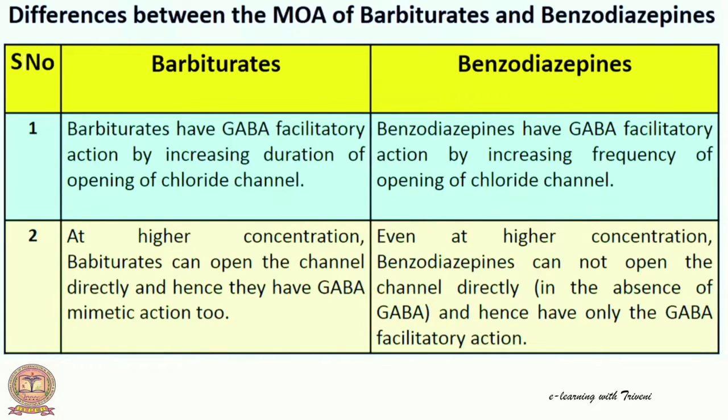At higher concentration, barbiturates can open the channel directly, and hence they have GABA mimetic action also. In the case of benzodiazepines, even at higher concentration, they cannot open the channel directly in the absence of GABA, and hence have only the